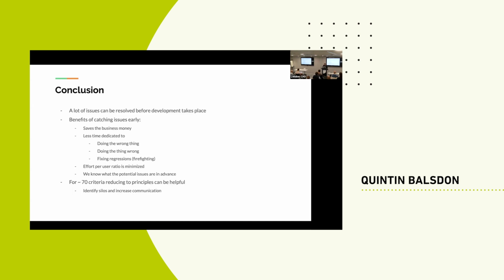And then we also want to know what potential issues are in advance. The issues I went through today were quite numerous, there are 70 of them. Some are lower on the scale of importance because they would be for things like medical equipment. That's only about 10 or 20 of them, so let's say 50 criteria. But we have these well-defined criteria that we can go and look through, and once you've read through it once, it's actually pretty easy going through it again.